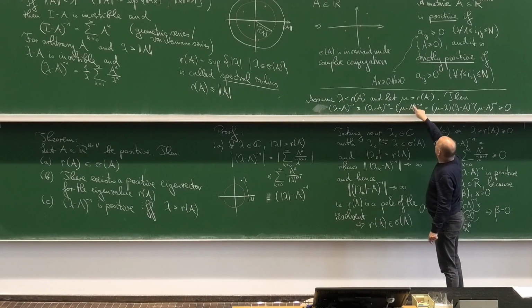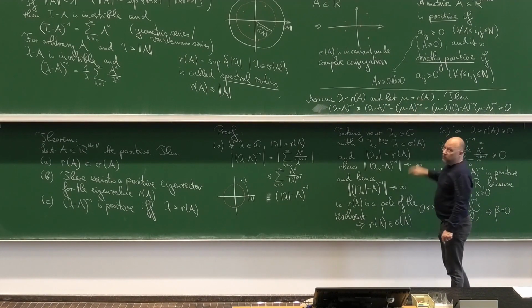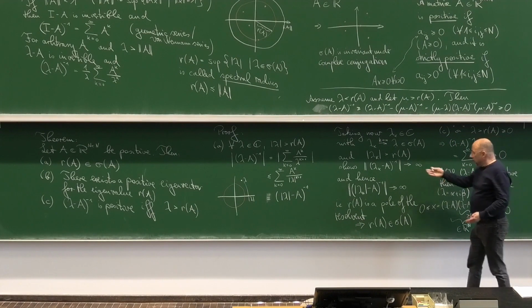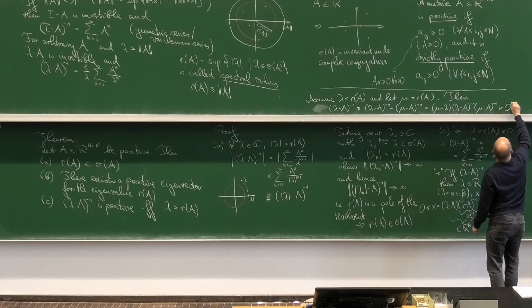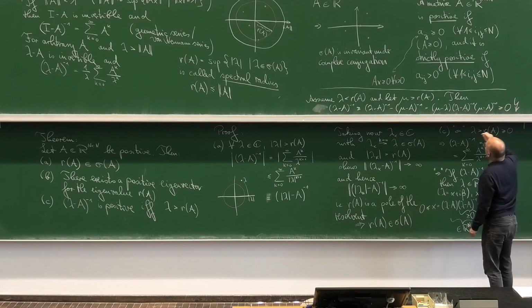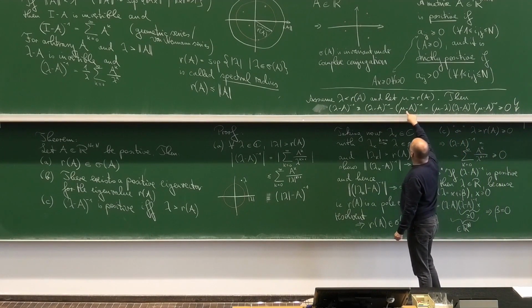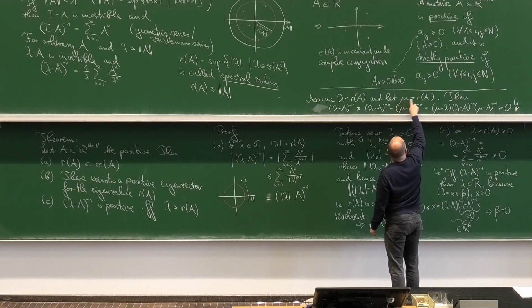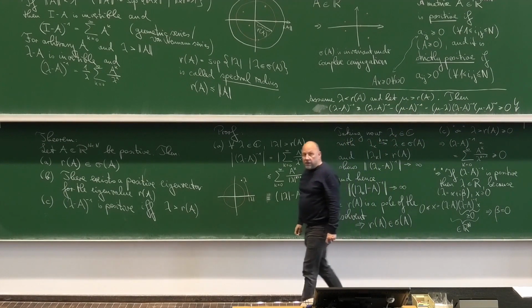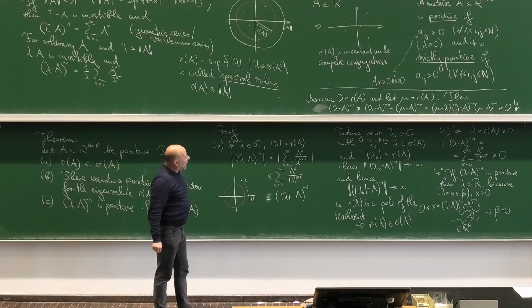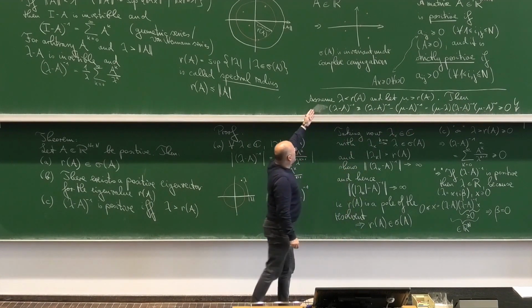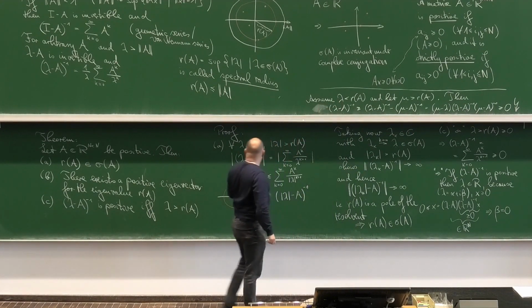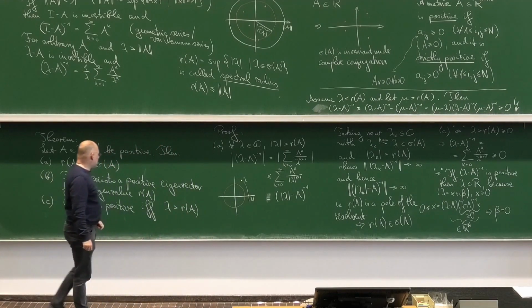So this is uniformly bounded for mu greater than the spectral radius, but we already know that the resolvent must blow up in this sense when we approach the spectral radius. And from here we get a contradiction. So it's the uniform bound on this resolvent independently for mu greater than the spectral radius. And this shows that this assumption leads to a contradiction, and therefore this is not possible, remains only lambda greater than the spectral radius.